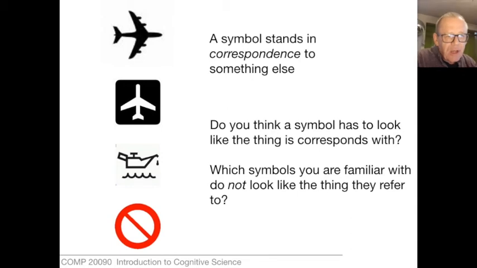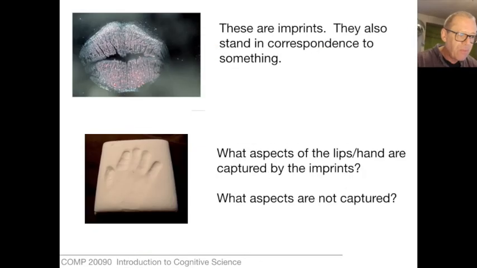Symbols are not the only way that something can be about something that's not present. And that's what we're concerned with. We're concerned with something that we've got, a form we can look at, which bears an unquestionable or an intelligible relationship to something which is not present. And so we can say it's about something which is not present. Well, here are two forms that one might encounter. On the top, the marks of lipstick on glass. On the bottom, the imprint of a hand on a piece of clay. And they also stand in correspondence to something which is not here.